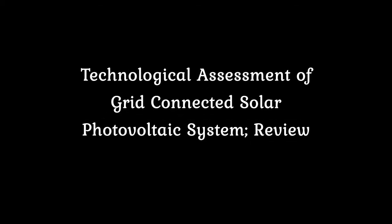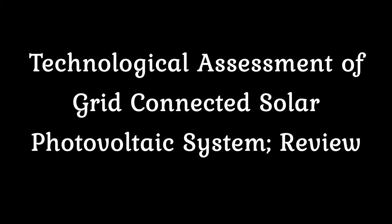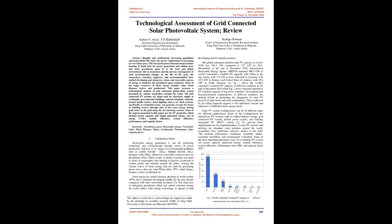Technological assessment of grid-connected solar photovoltaic system, review. Abstract: With rapidly and continuously increasing population and materialistic lifestyles, the power requirement is increasing at an even faster pace. This increased power demand means further burning of fossil fuels for power generation and adding more and more greenhouse gases